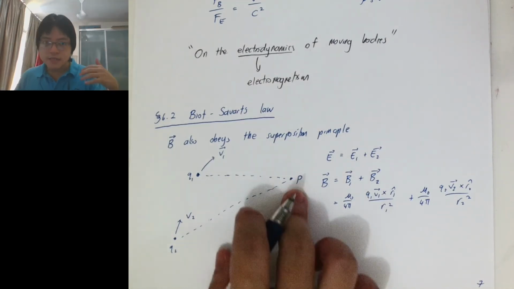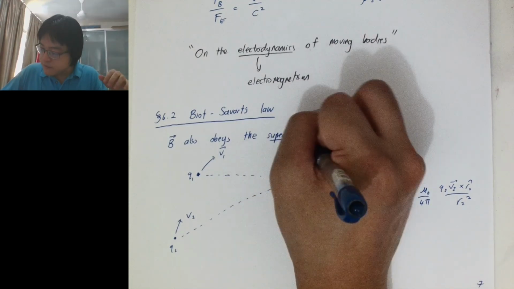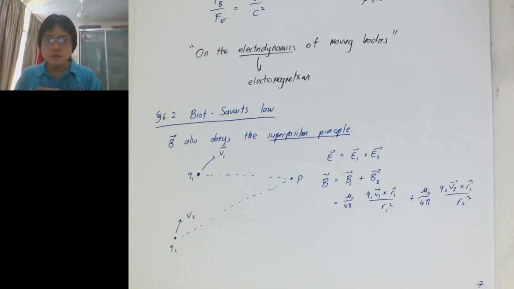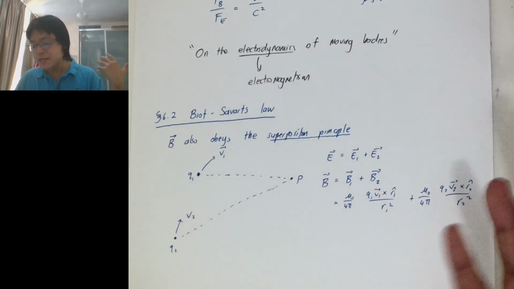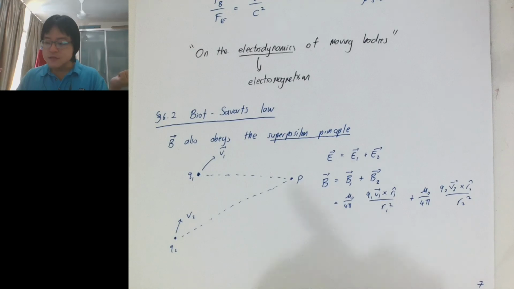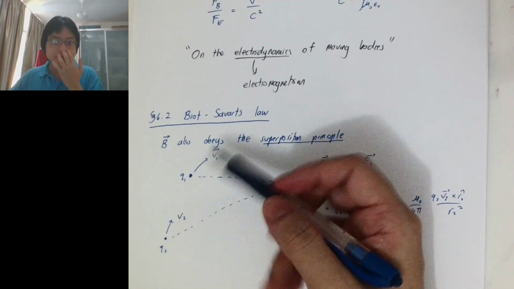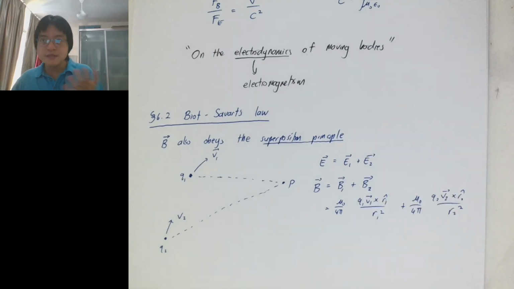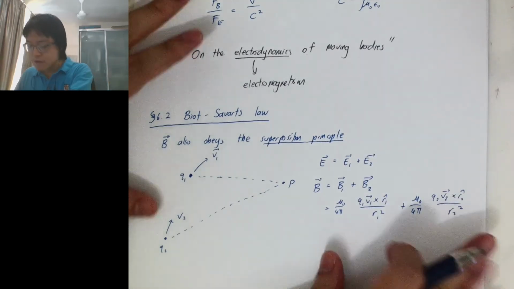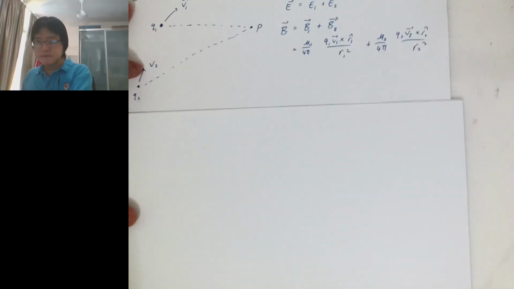So this is the superposition principle for the magnetic field. This one is pretty easy to convince ourselves. Then the next step is, if these are charges moving in a current, then the magnetic field is just the sum of all the charges flowing inside the current, right? So for a current carrying wire,